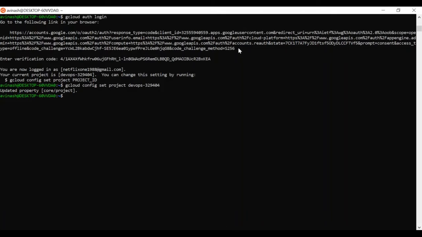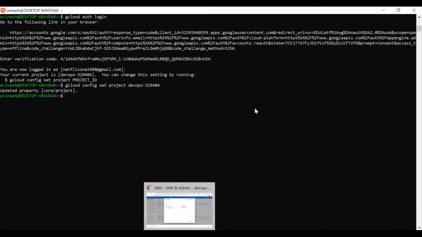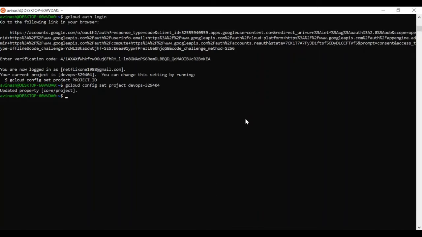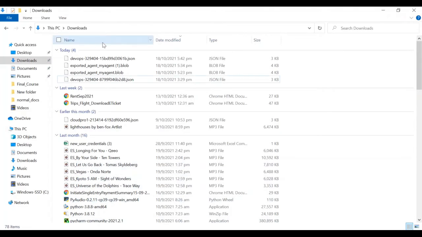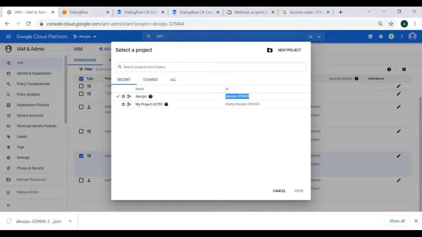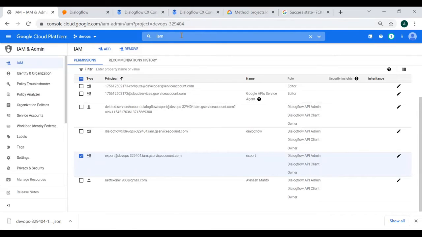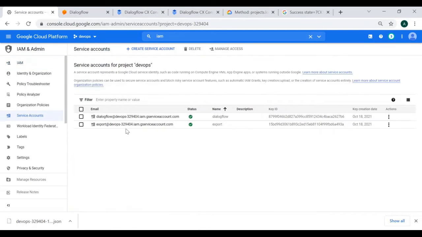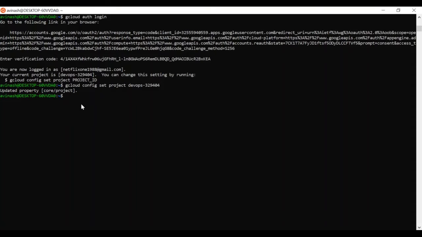Now, in order to run the export command, you need to do two things. One is you need to export the JSON file, which I have downloaded here. If you remember, when I created this service account, I generated these keys and downloaded one JSON file, and that JSON file I need to export here.